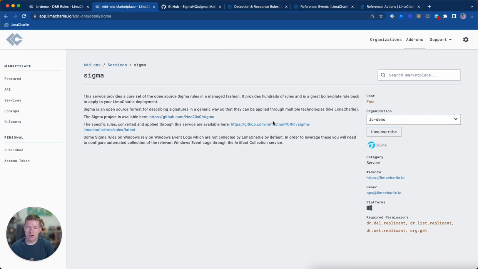There is a little bit of a back-end service. It does not impact you as a user whatsoever, but there is a back-end service where we go and we pull rules. They are converted and then subsequently brought into LimaCharlie as well. And we take care of all that. But once you go ahead, again, if you were to select your organization and hit subscribe, you would have Sigma rules turned on. And I just want to pause right there, because between Soteria and Sigma rules,